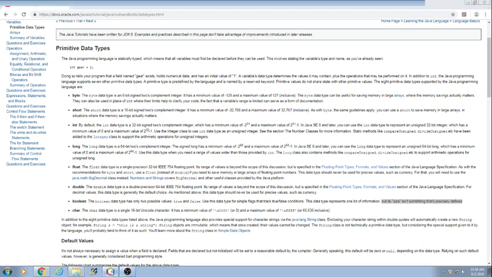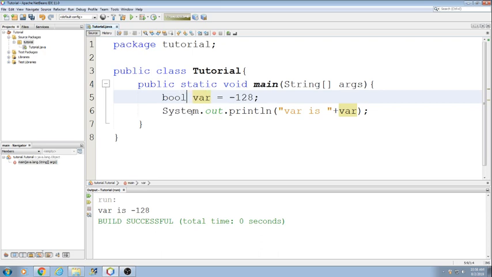Let's demonstrate this. Alright, boolean. Okay, it can only hold 2 values. One, it's either going to be true. Let's go ahead and run this. Var is true, or it's going to be false. And that's it, right? And this variable type we're going to be using for the rest of the tutorial series,